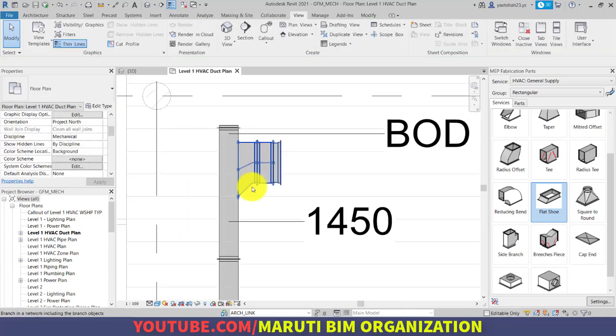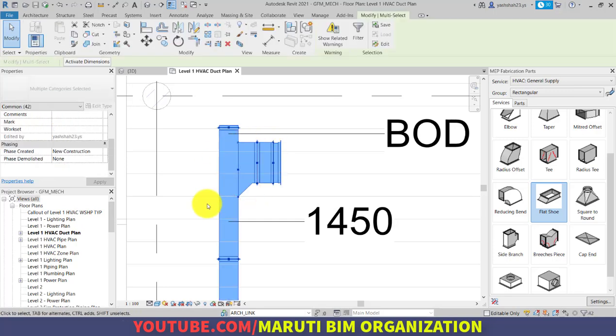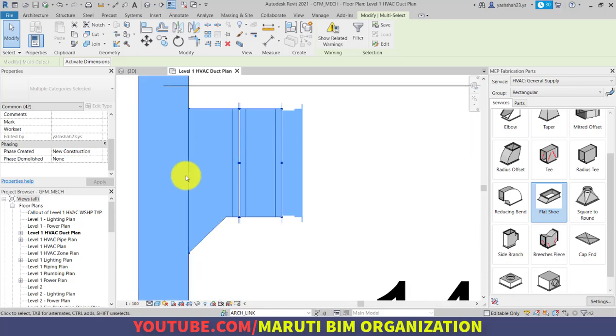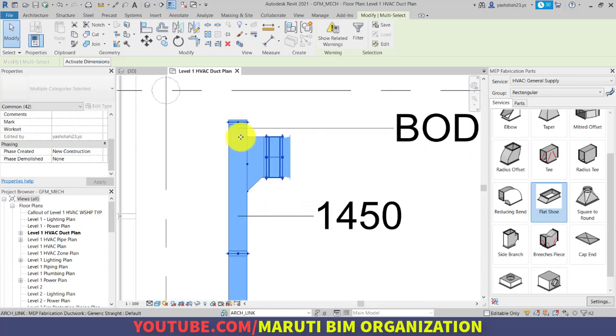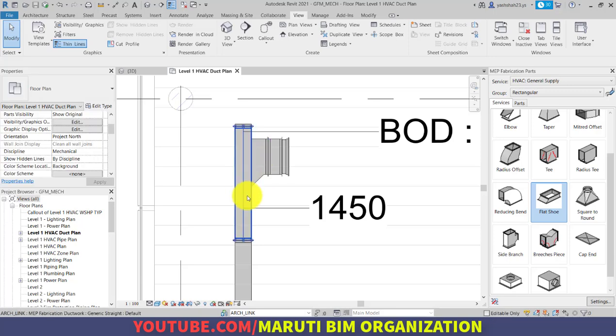In order to check whether the connection has been placed properly or not, you can move the mouse over the connection and press the tab key until everything is highlighted. So now as you can see, everything has been highlighted. So the connection has been placed very nicely.